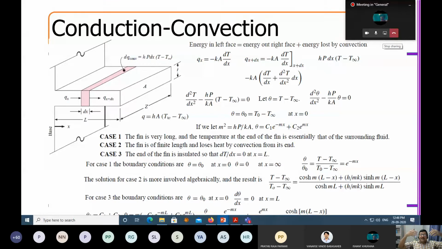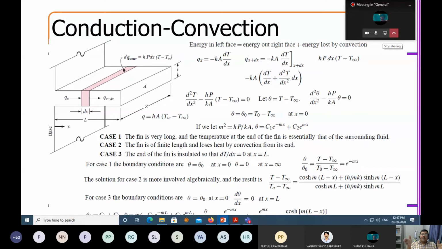Now, if you have insulated the fins, if you have insulated a pipe, then what boundary condition do you enforce? You enforce the Neumann boundary condition, where the heat flux is equal to 0, so dT/dx is equal to 0. These are called the heat flux boundary conditions of heat transfer. You can also define a heat flux. Basically 0 means its idealization is a perfect insulator. Typically the heat flux will be very, very small. That value also you can define.